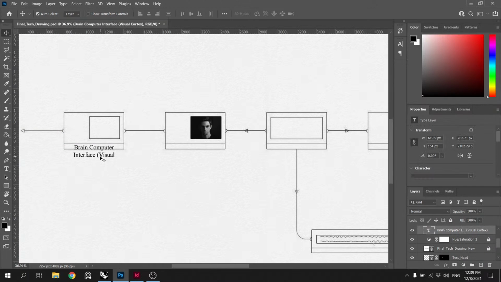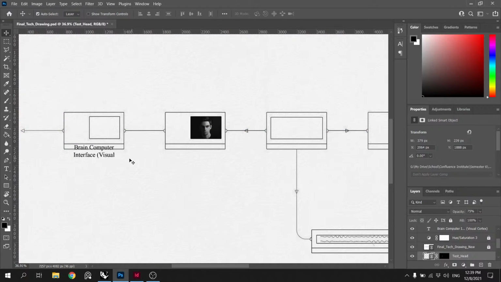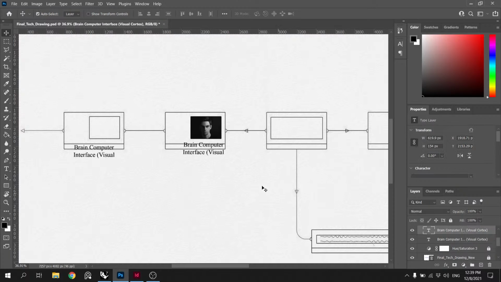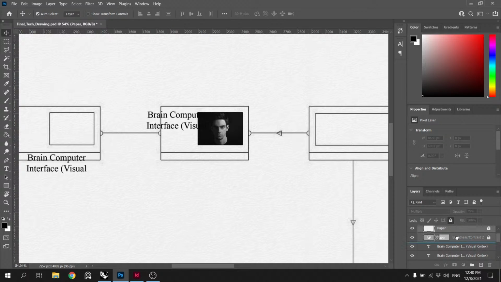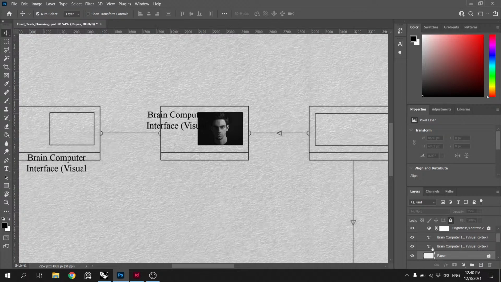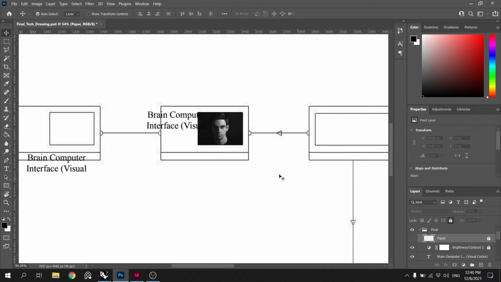Okay, you can take this text, and we're gonna have to make it. I guess the paper's on top, so that's screwing with stuff. Okay, we'll just hide this layer for a sec.